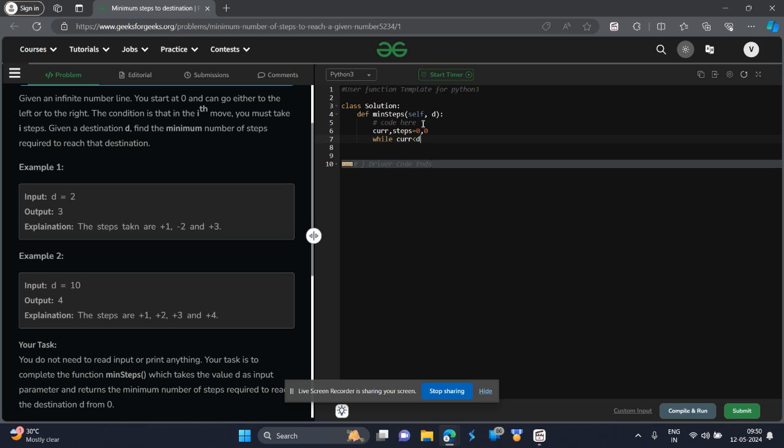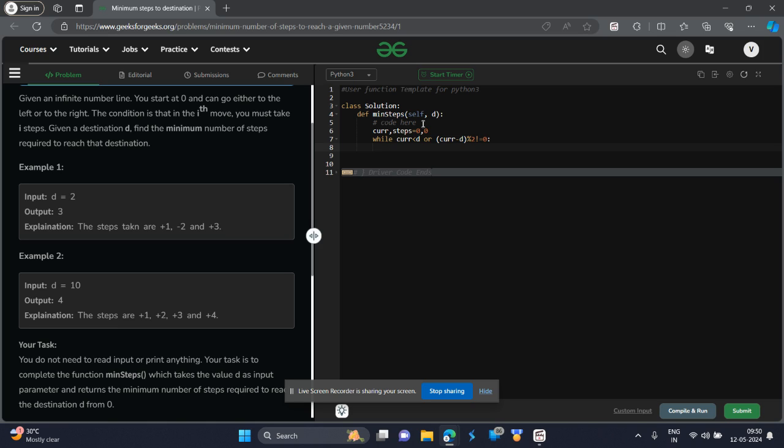While the current position at which we are is less than d, or the difference between the current position and the end point at which we need to be is odd. Either our current position should be less than d, or the difference between the current position and the final destination should be odd. Now why are we checking it? When the difference between current and final destination is odd, the loop will continue because